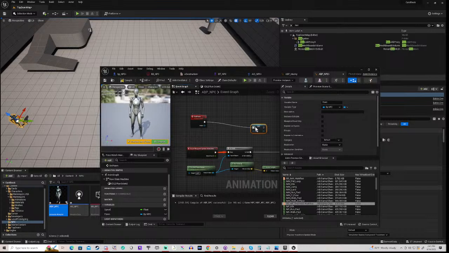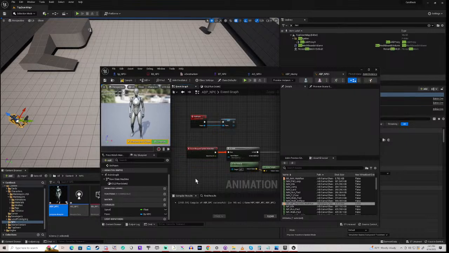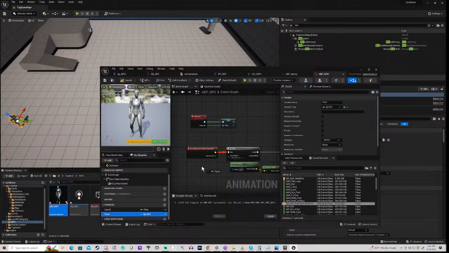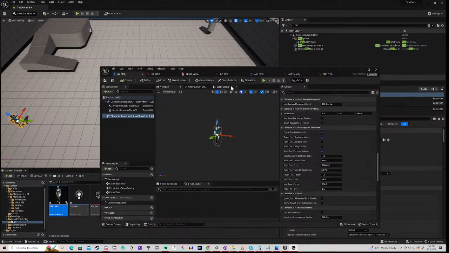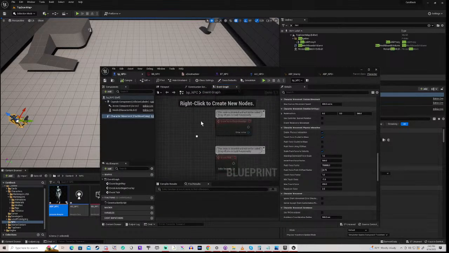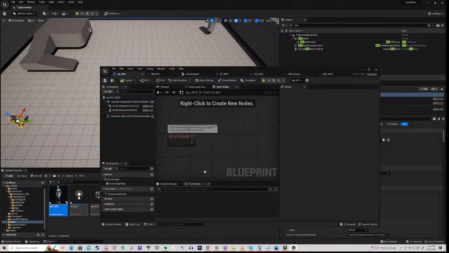Right, so we're going to go in there, we're going to do that, then we're going to get the pawn, and then we're going to go to our blueprint event graph, on begin play only, right? And what we're going to do is